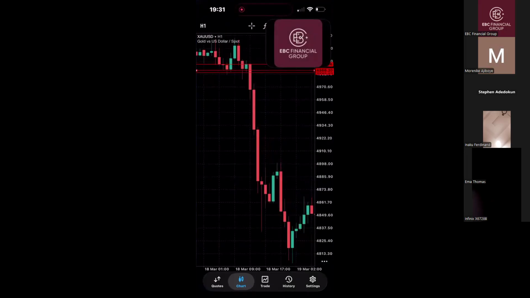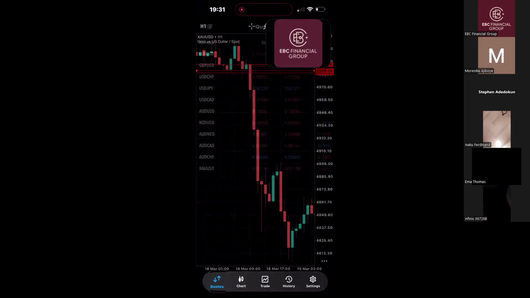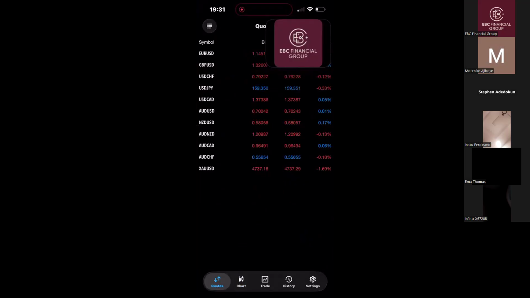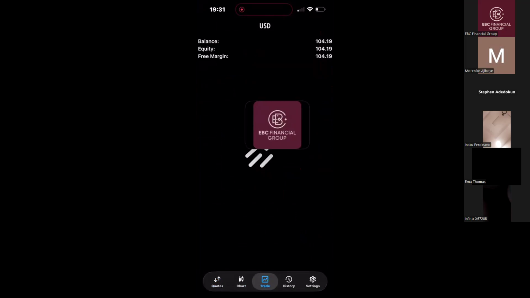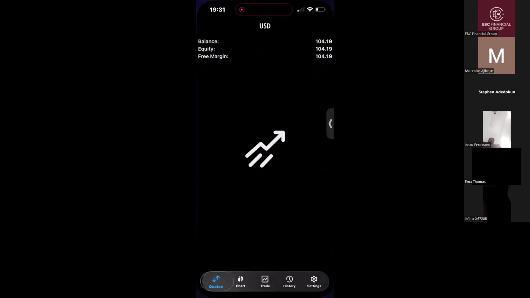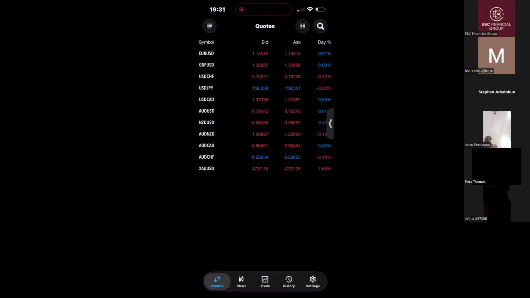So it is loading, it's loading, it's loading. Oh, my internet is a bit slow, so please bear with me. Market is still loading. So what we want to do right now, I'm going to be using $100 to test most of this strategy out, and then we're going to be looking at how we can actually take advantage of the market. So yeah, it's loaded already.